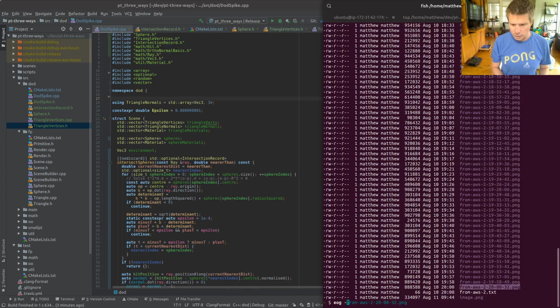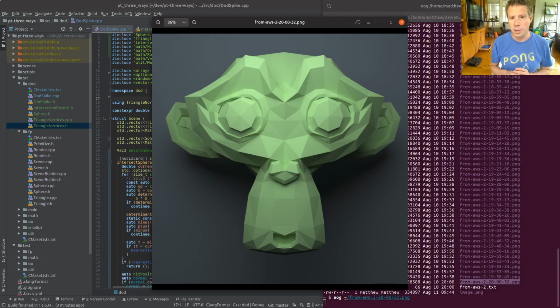So I'm going to run EOG on that. So this is another image, and this is a much higher fidelity image. This is the one that has loads and loads of triangles, and therefore is a lot slower, and probably will work much better if I come up with some hierarchical acceleration stuff. So if this runs much faster in the DoD, which I'm expecting it to because the triangle intersection should be faster, then